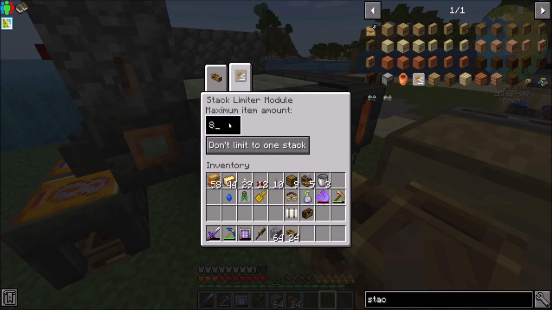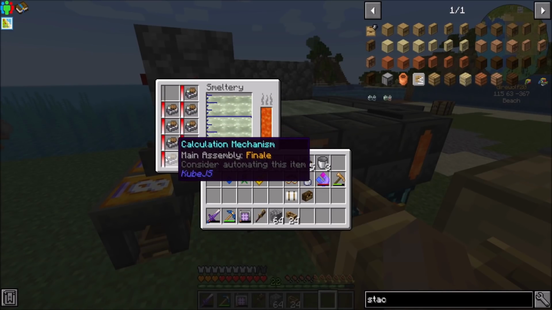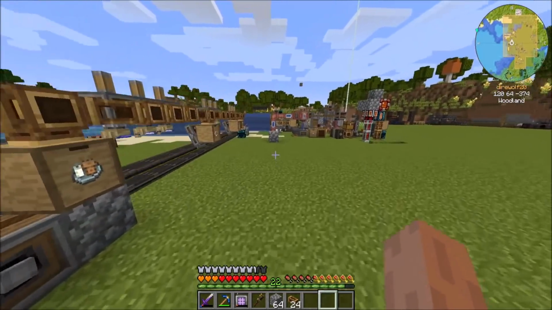So let's just say 8, right? Because you can hold 1, 2, 3, 4, 5, 6, 7, 8, 9. So we'll just say 9 items. 8 items are allowed in there. Oh, and that's right. I wanted